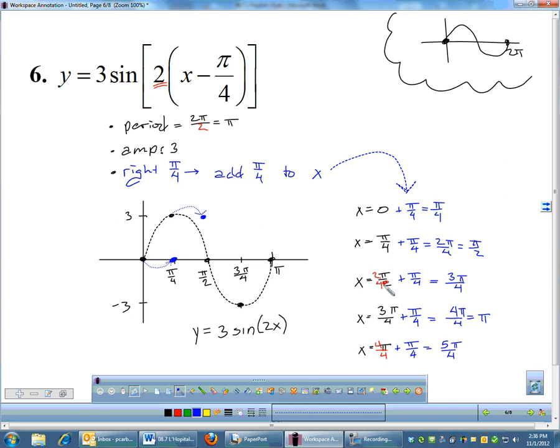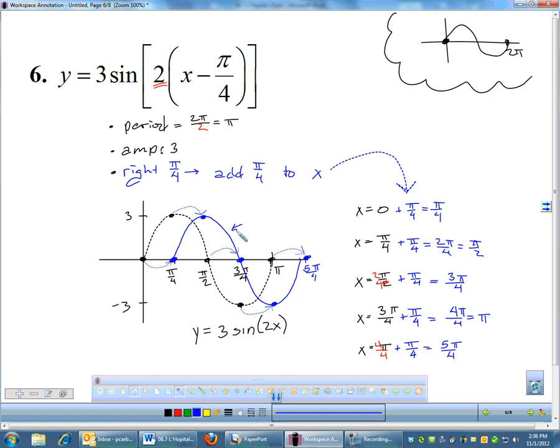Pi over 2 ultimately became 3 pi over 4, so this point is going to move to 3 pi over 4. 3 pi over 4 became pi, and pi became just 5 pi over 4. So I'm going to have to label that one. That's a new point, 5 pi over 4. And then I'll plot all the other ones, and then we can connect them. And this blue graph is going to be our final graph